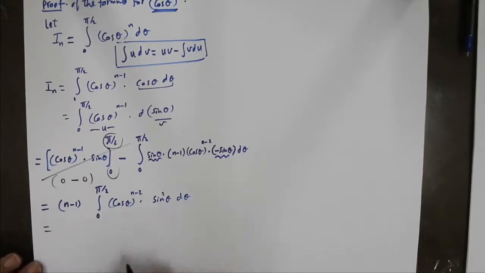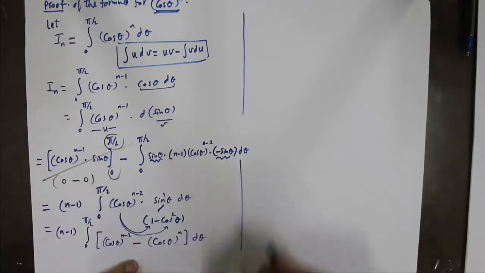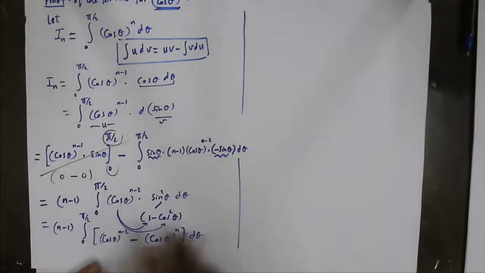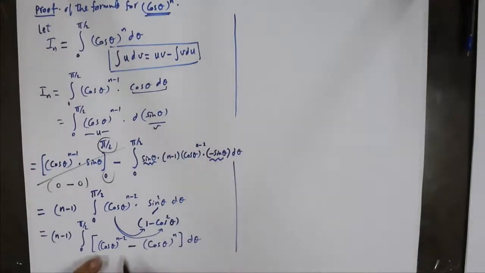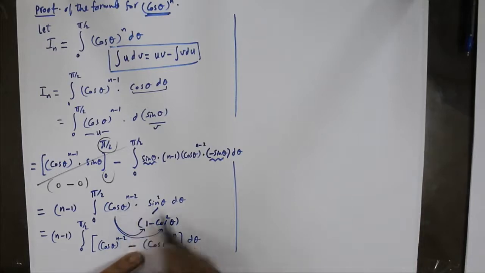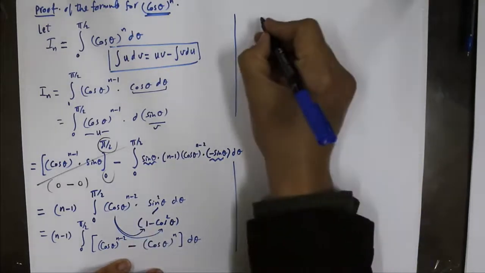This can be transformed into something very similar, which is 1 minus cosine squared theta. So we distribute this term over these brackets. We get cosine theta to the n minus 2 minus cosine theta to the n, because we added the powers, and we have